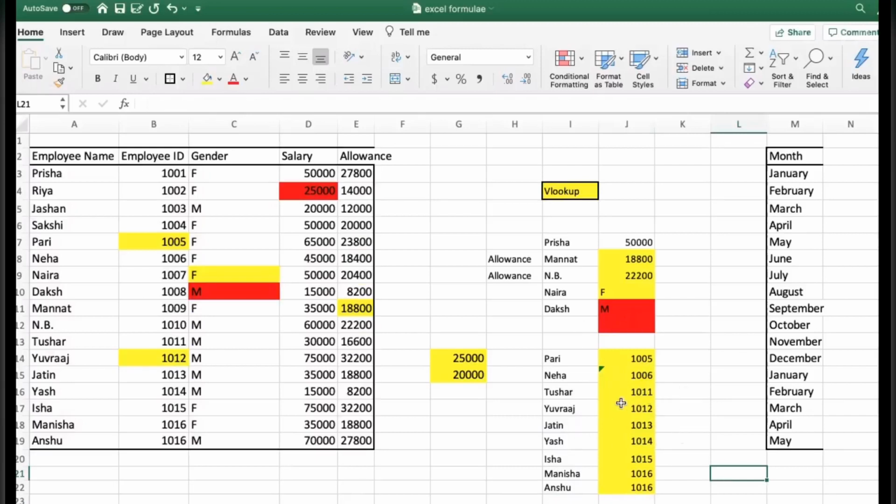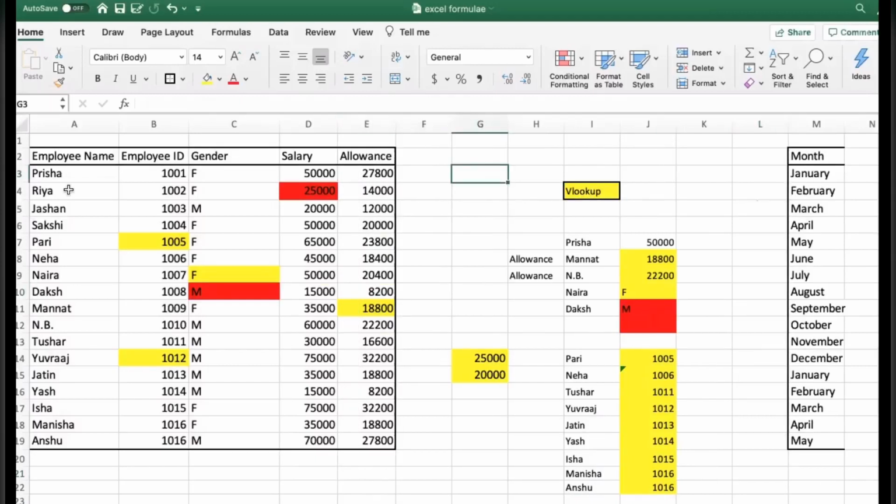In this way, you can find whatsoever information you want to find out. So what we learned: the lookup value should be in the first column of the table if you want to use VLOOKUP.